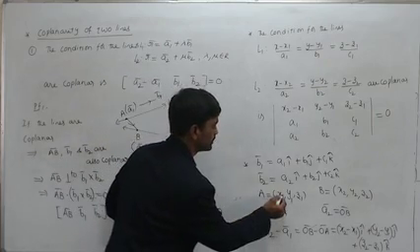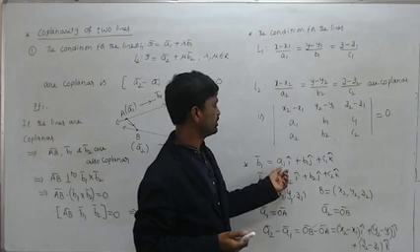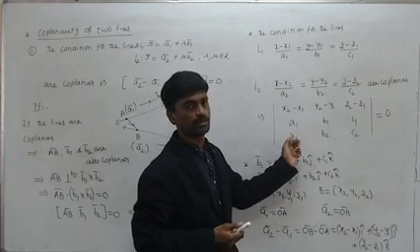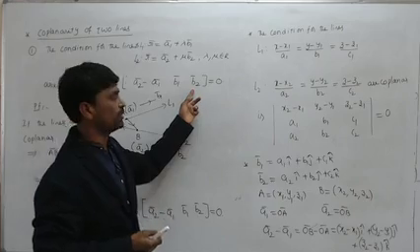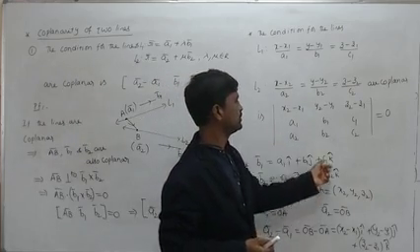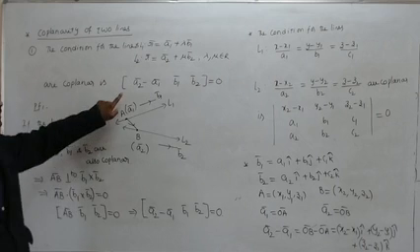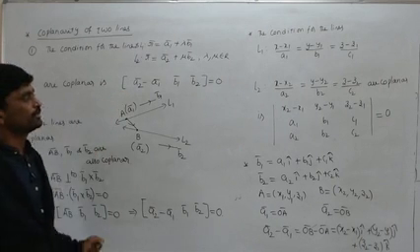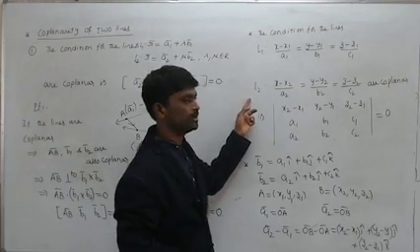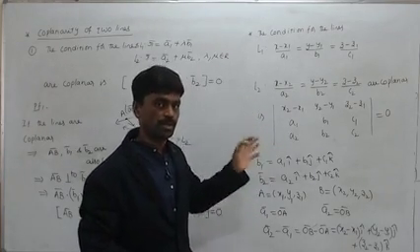So next, the second row will become the components of B1 bar. What are the components of B1 bar? A1, B1, C1. And the third row becomes B2 bar components. What are the B2 bar components? A2, B2, C2. So when the vector equation of the lines is given, you have to check this condition for the given lines to be coplanar, and when Cartesian equations are given, you have to check this condition for the given lines to be coplanar.